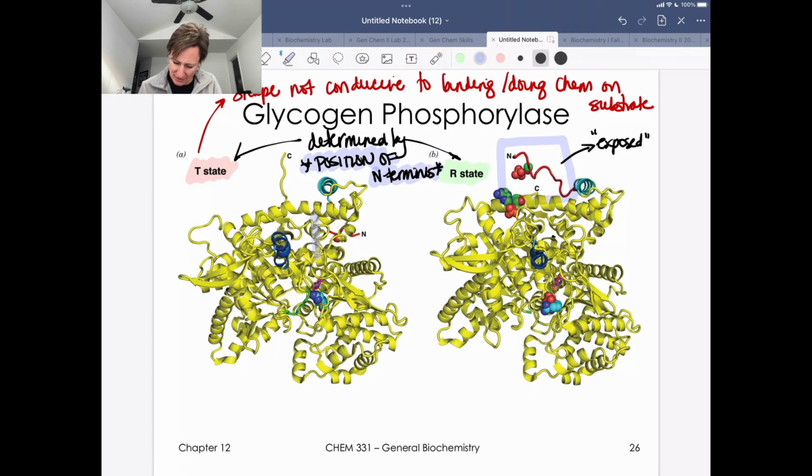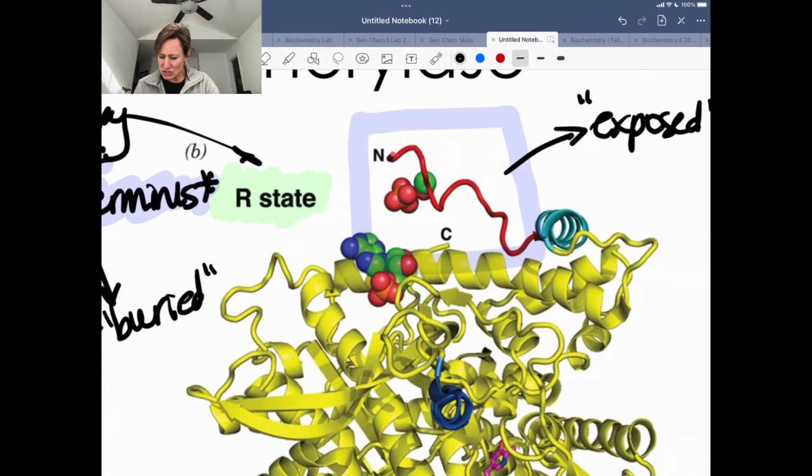Here's where the N-terminus is in T state. Okay? We're going to define this as buried. So the position of that N-terminus is going to determine whether we are T state, not able to bind our substrate and do chemistry, or R state, able to bind our substrate and do chemistry. Okay? So R state, T state sort of comes into play here, but importantly,